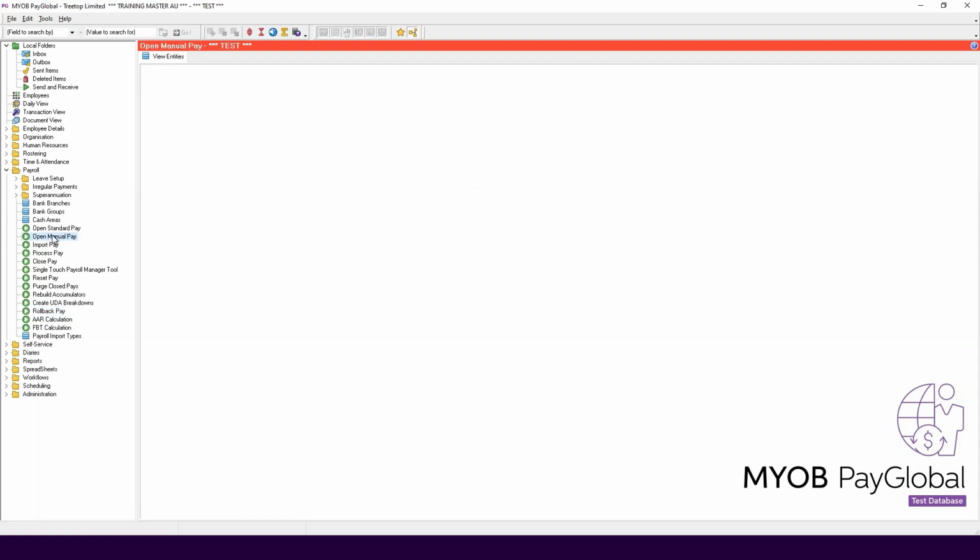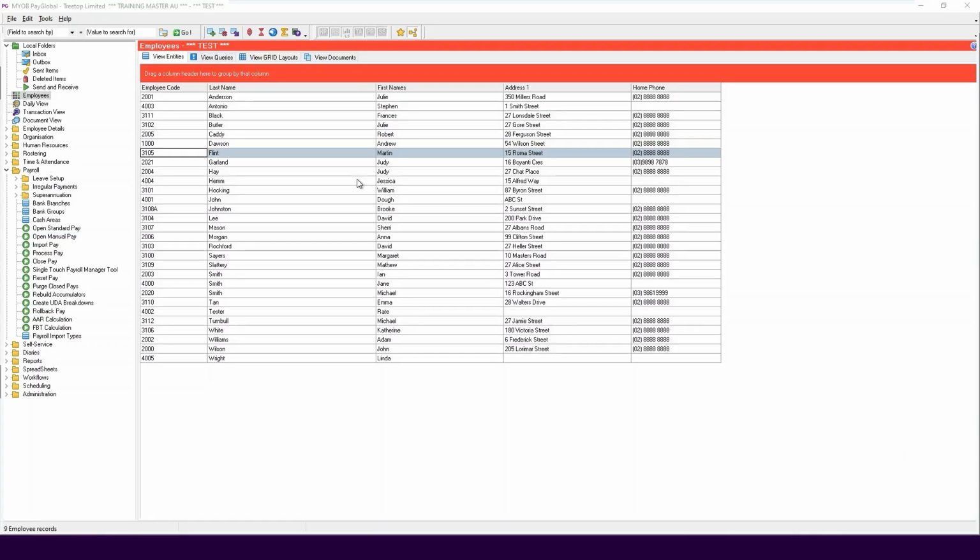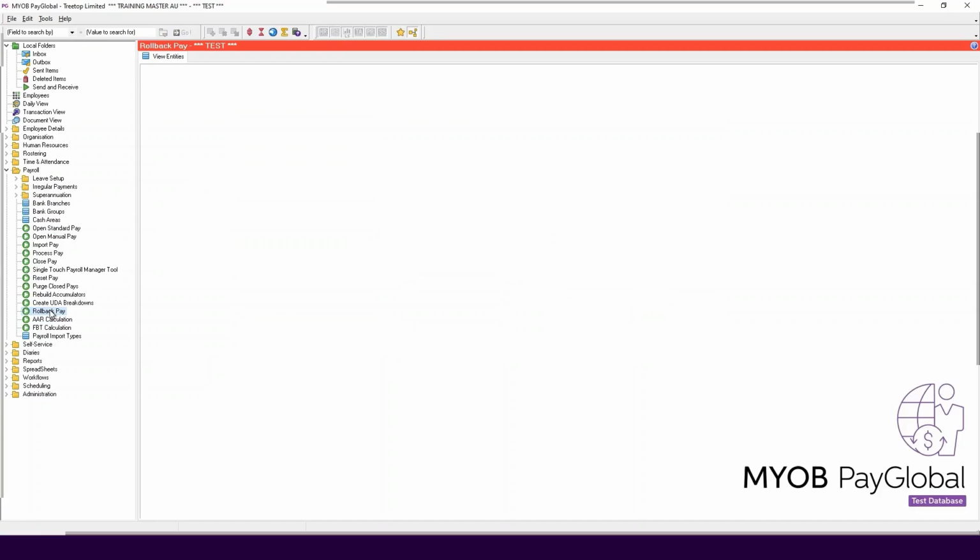If an employee was overpaid, we suggest that you follow the overpayment procedure for your business and do not roll back the pay. As part of the rollback procedure, a Sequences tab displays the pays that the system will roll back. We highly recommend you check this tab to confirm exactly which pay or pays are being rolled back. We will look at this shortly when we run the rollback pay.